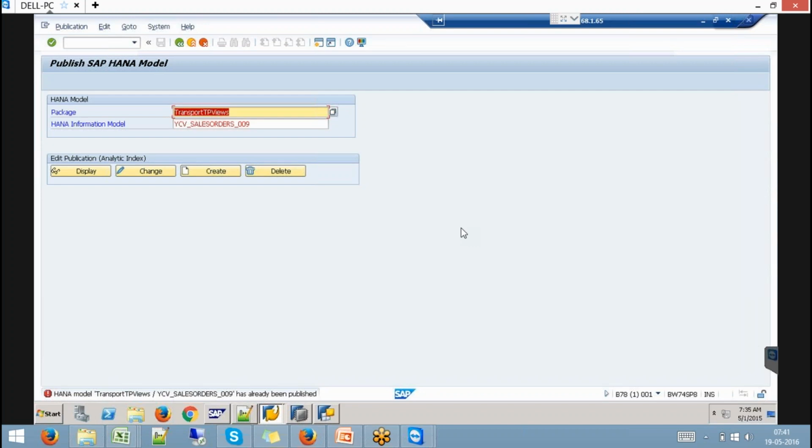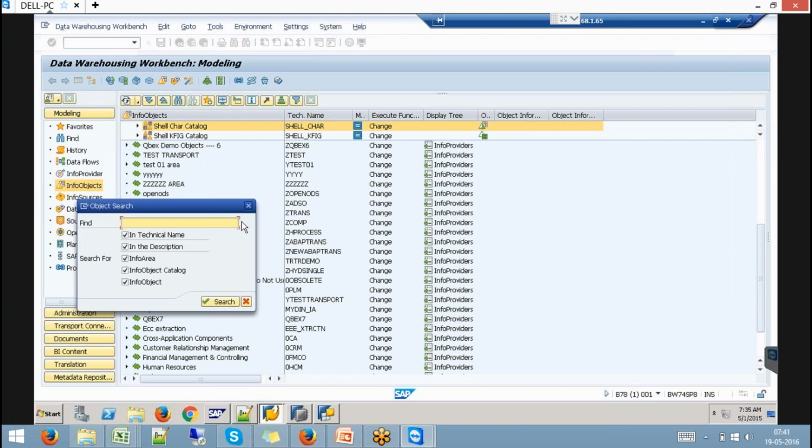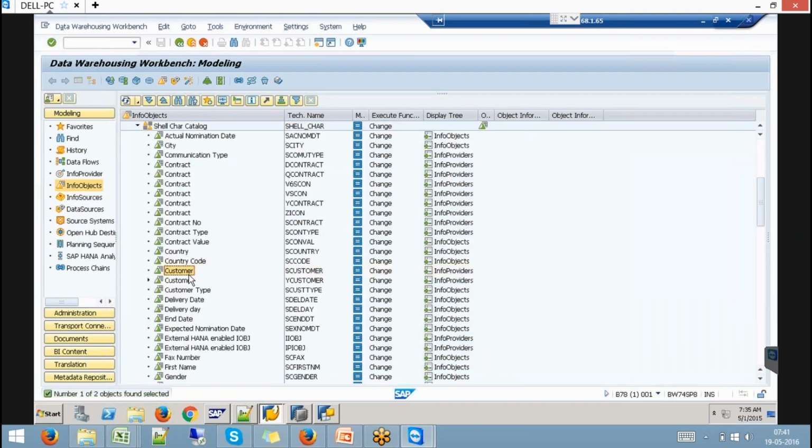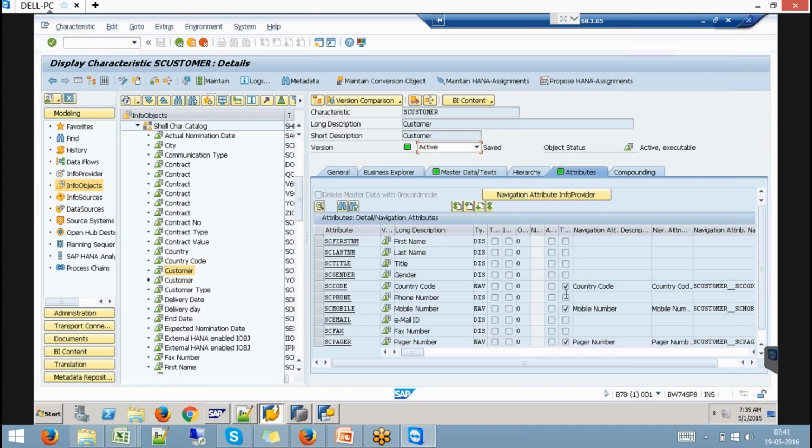No, because if you remember, even if you enable navigation attribute support in the master data, see, if I go to this BW, to this S customer, I have navigation attributes here.